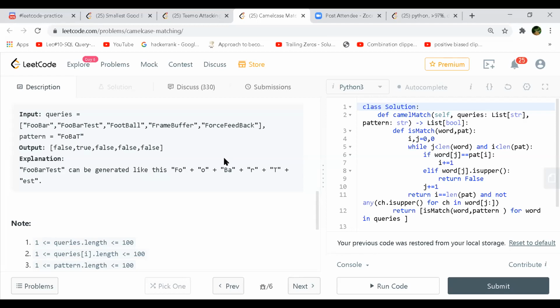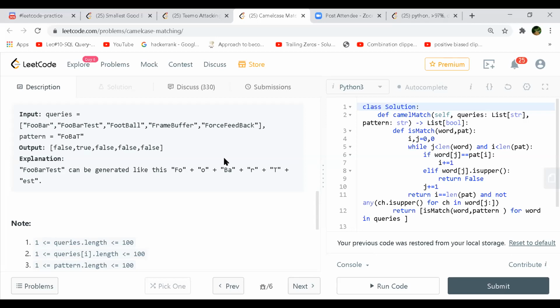So it is again more of a procedural problem, right? But this is tricky sometimes to implement, because a couple of cases you'll have to check here. But logic-wise, it's simple. From the queries, you try to get the pattern, and if it matches, then good. So you start with all the queries, each and every query, and try to match with the pattern.